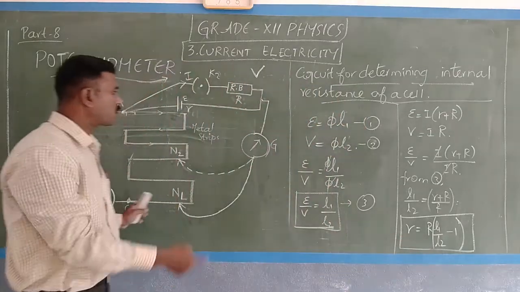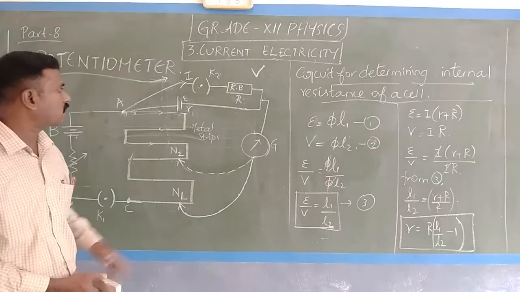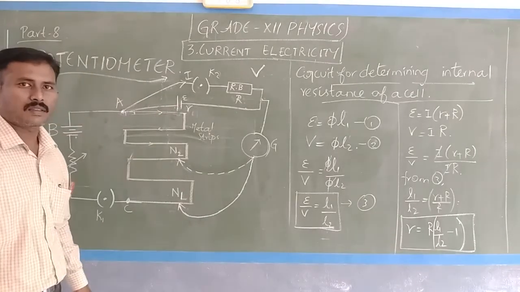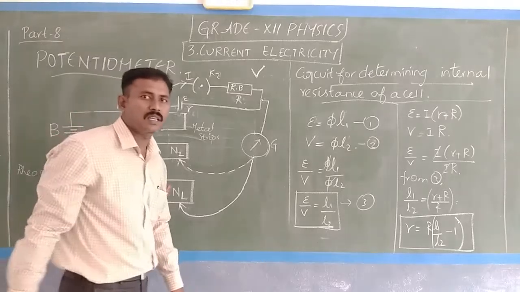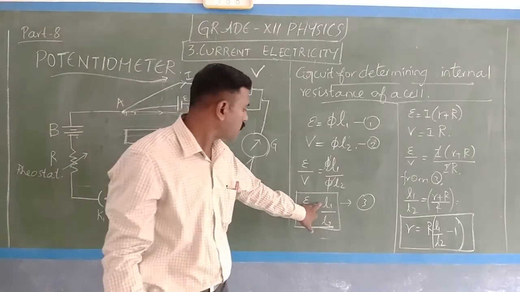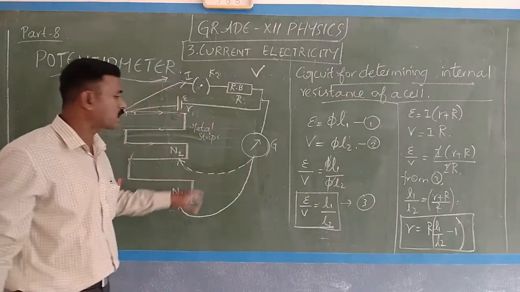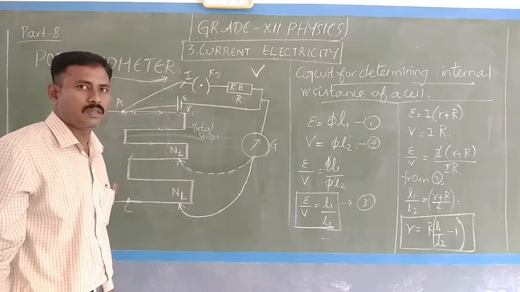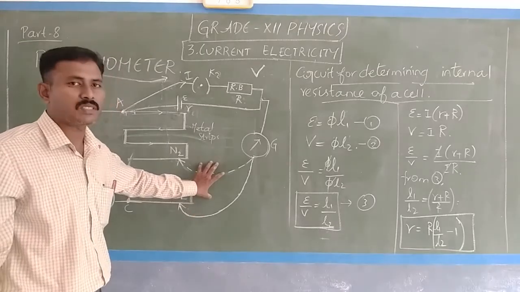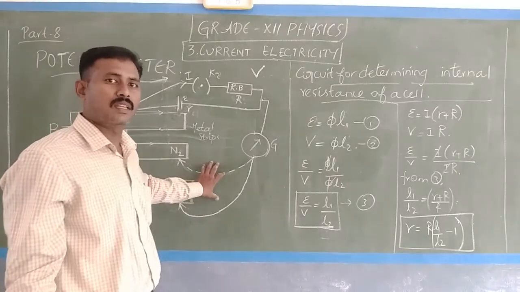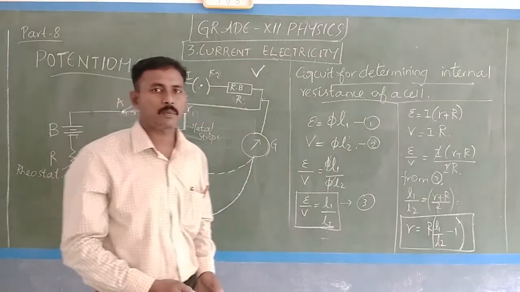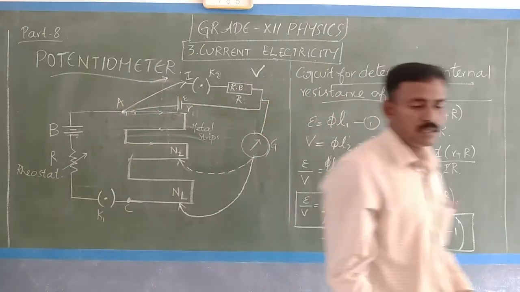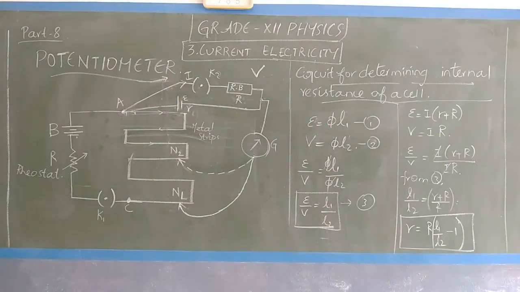With this arrangement, you can find the internal resistance of any cell. The main point here is the length of the wire. The length plays a major role. Using the length, we can find the internal resistance value, compare potentials, and so on. I will move from the video. Please copy it very clearly.